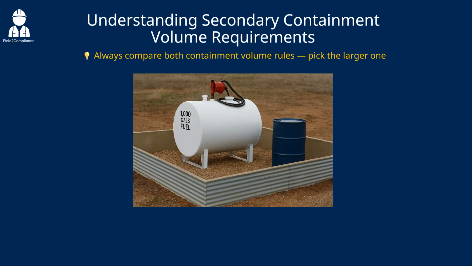All right, team, let's bring this home. Here's your recap. When calculating secondary containment, you've always got two numbers to compare. 110% of the largest single container, or 10% of the total volume stored. And the rule is simple, whichever number is larger wins. In our example, that was 1,100 gallons. That's the standard OSHA expects, and it's a common OHST exam trap. So remember, don't guess, don't round down, run the numbers and choose the bigger one. That's how you protect your site and ace the exam.